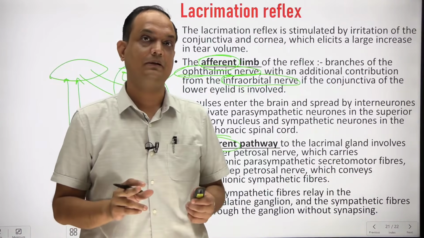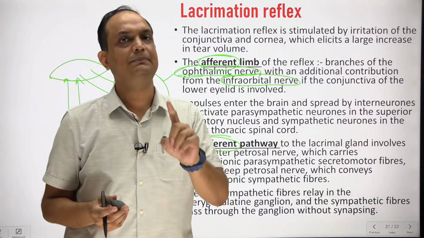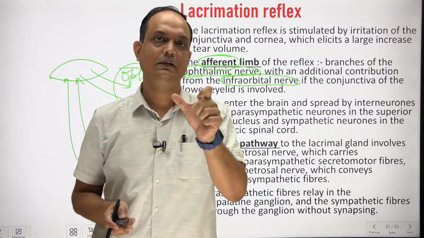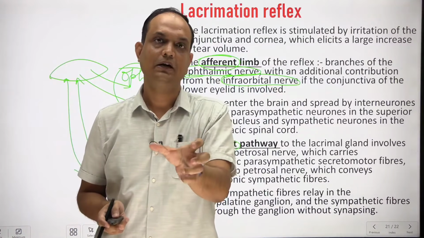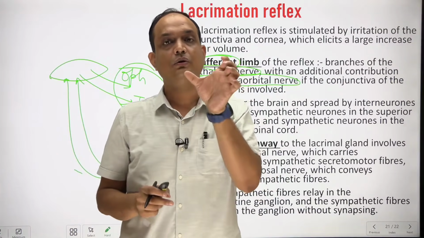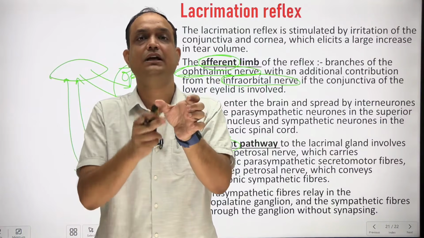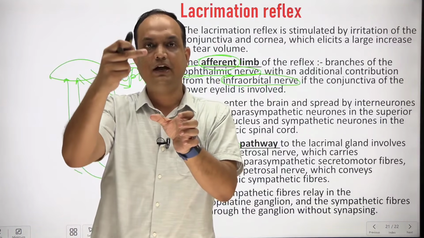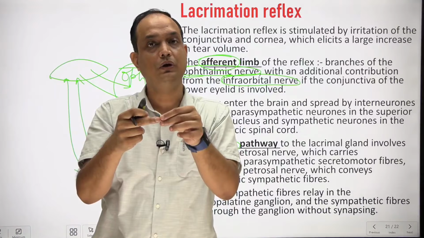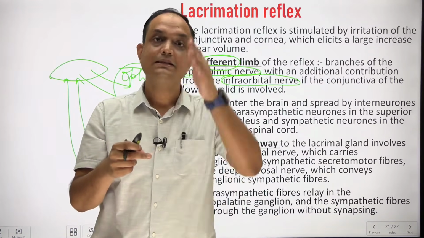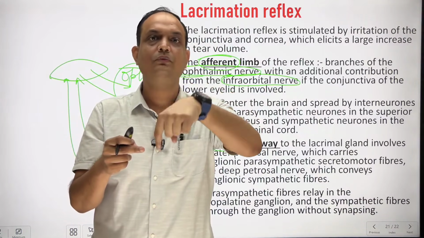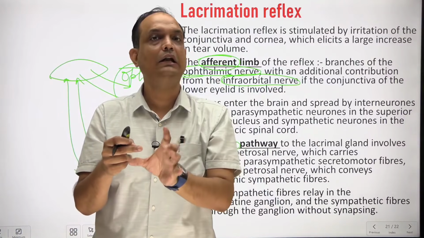Clear? So जब भी आप पैरासिम्पैथेटिक सप्लाई पढ़ें, पैरासिम्पैथेटिक सप्लाई में दो चीजें याद रखनी है कि सबसे पहले उस पूरे फ्लो चार्ट में आपको एक गैंग्लिया पकड़ना है। यहां पे गैंग्लिया कौन सा है? टेरिगोपैलेटाइन गैंग्लिया। उस टेरिगोपैलेटाइन गैंग्लिया और न्यूक्लियस तक का जो कनेक्शन है वो क्या कहलाया? प्री गैंग्लियोनिक। और उस टेरिगोपैलेटाइन गैंग्लिया से लैक्राइमल ग्लैंड तक का कनेक्शन क्या कहलाया? पोस्ट गैंग्लियोनिक। मतलब पैरासिम्पैथेटिक फाइबर्स आके यहां रिले हो जाते हैं और यहां साइनेप्स करने के बाद सेकेंड ऑर्डर न्यूरॉन्स जो बाहर निकले वो पोस्ट गैंग्लियोनिक कहलाए। ठीक है, सिंपैथेटिक फाइबर्स कभी भी इस पैरासिम्पैथेटिक गैंग्लिया में रिले नहीं होंगे, वो आएंगे और उस गैंग्लिया के थ्रू एंड थ्रू पास हो जाएंगे।